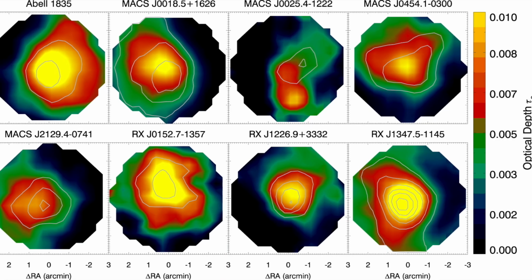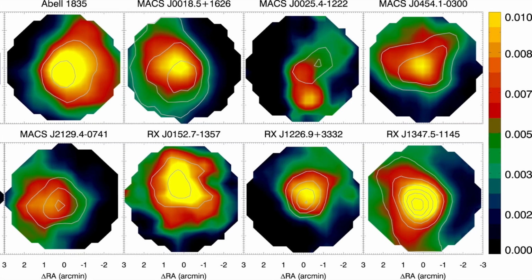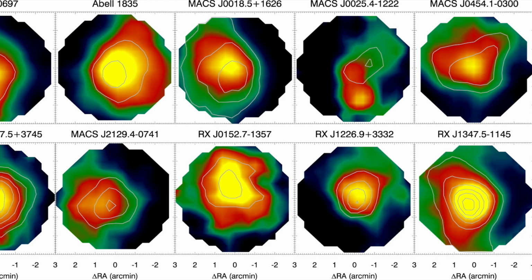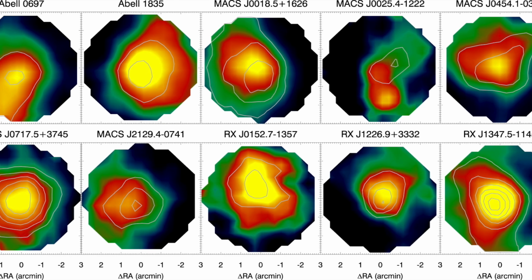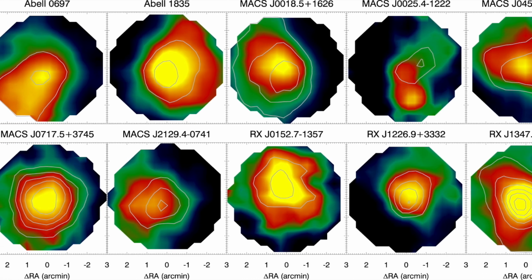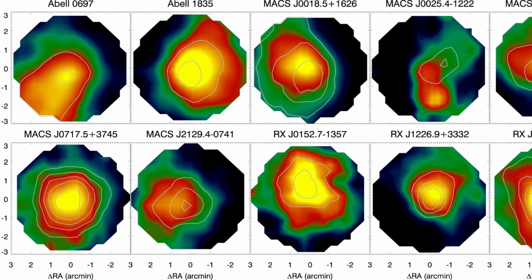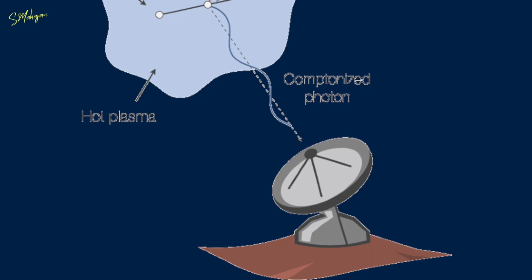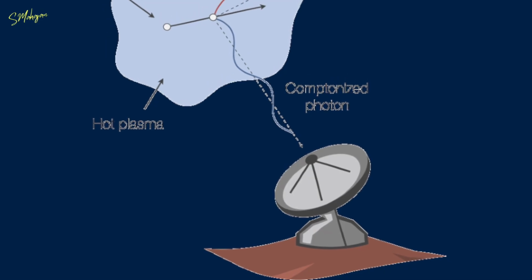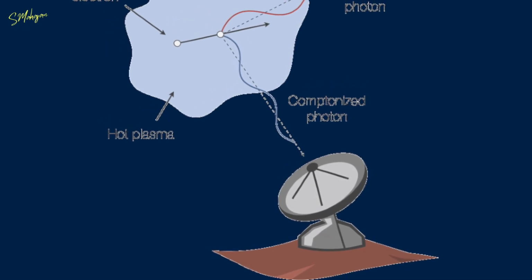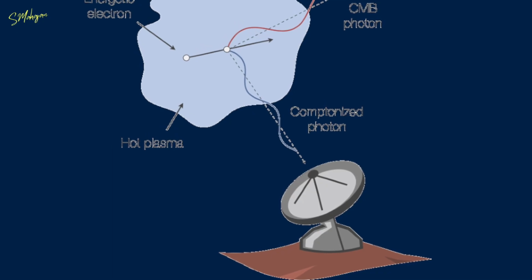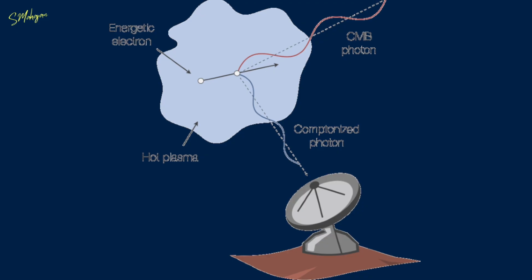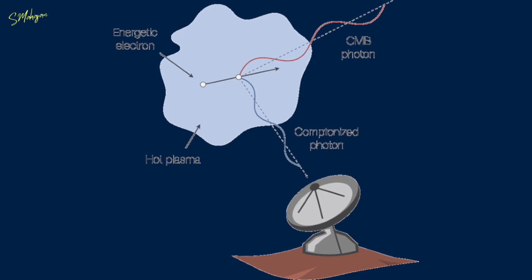The SZ effect is very important from an astrophysical and cosmological point of view. It can help determine the value of the Hubble constant, determine the location of new galaxy clusters, and of course, the structure and mass of clusters. Since the SZ effect is a scattering effect, its magnitude is independent of redshift, which means that clusters at high redshift can be detected just as easily as their counterparts at low redshift.